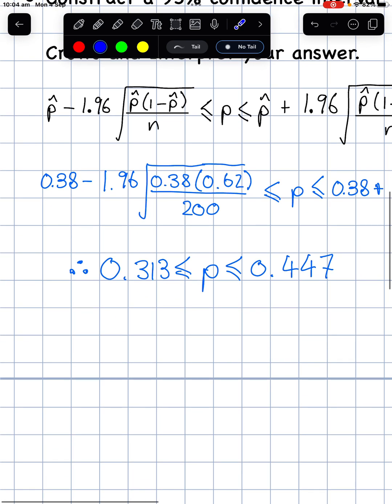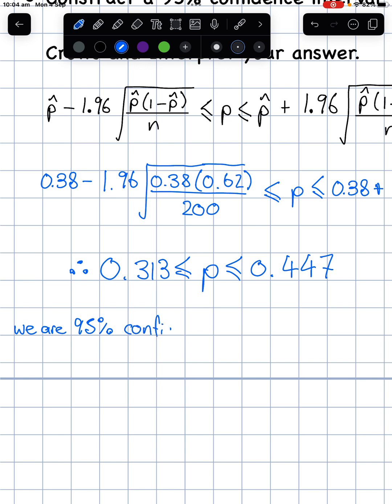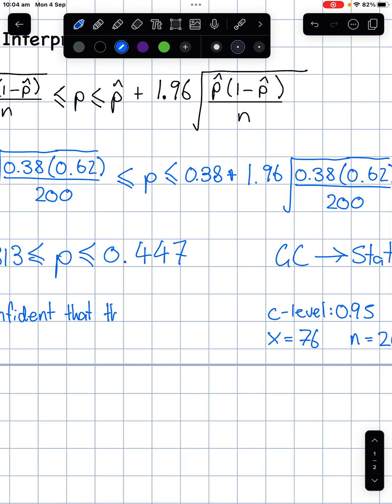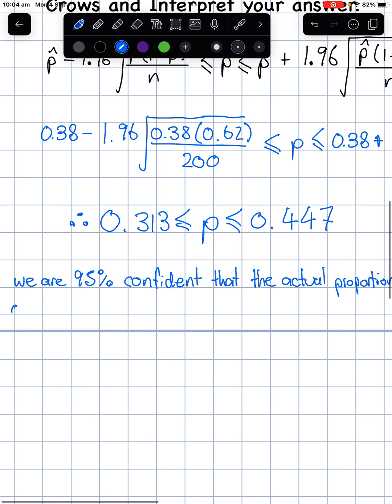So we're saying we are 95% confident that the actual proportion of Crows supporters